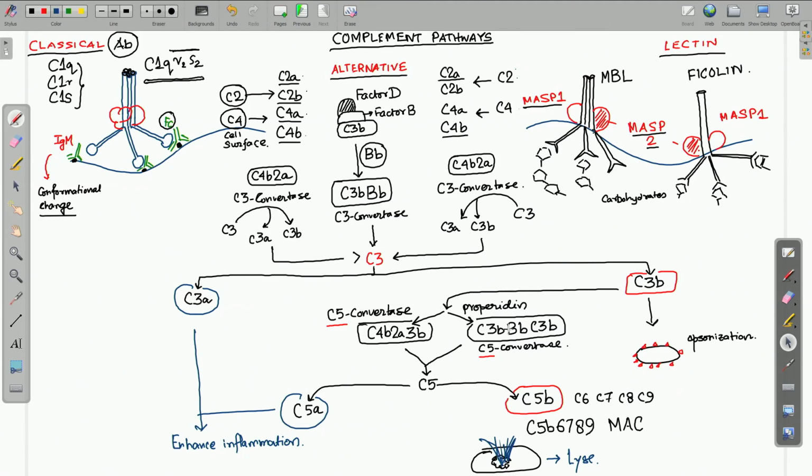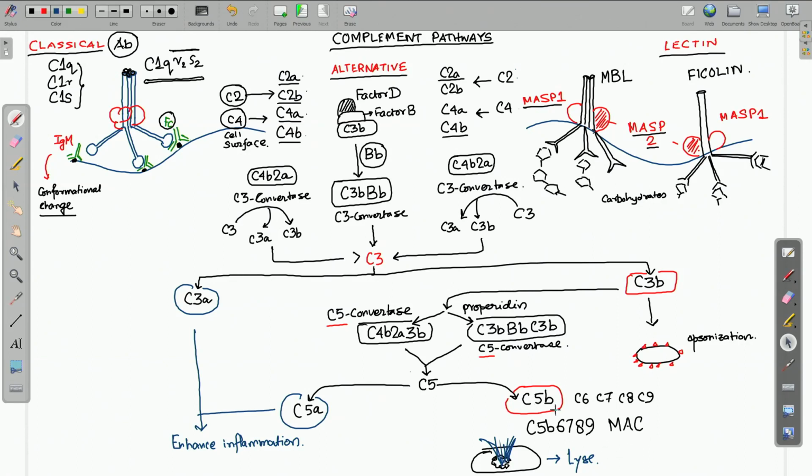One is C4b2a3b and the other is C3bBb3b. So, these two, what we see in this part, are C5 convertases. Like these were C3 convertases, these are C5 convertases. They are also sometimes known as C3/C5 convertase, because they still retain the property of C3 convertase, but they are mostly C5 convertase. So, these C5 convertases can then cleave C5 into C5a and C5b. C5b is a